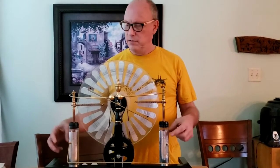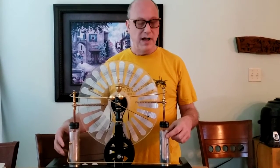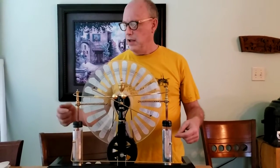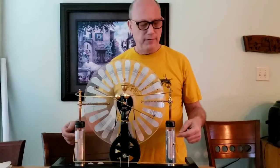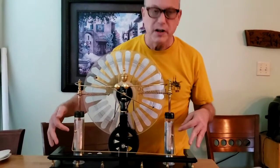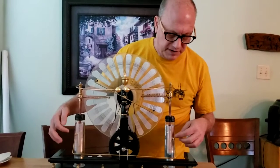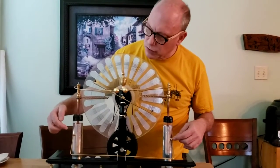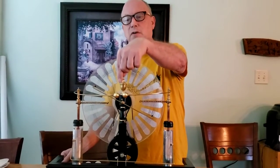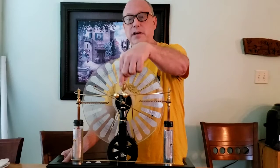The outer shell of the condenser will have the opposite charge. So if this is negative, this will be positive. If this is positive, this will be negative. Then across the bottom we have what's called a shunt bar, and that will attach the negative charge to the positive charge. So it leaves an open circuit right at the center where these 2 balls meet, where there's a gap,